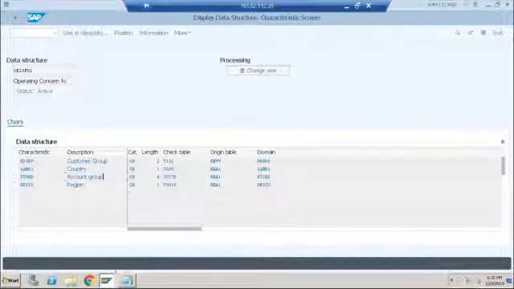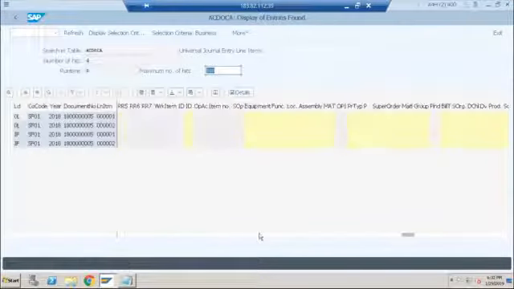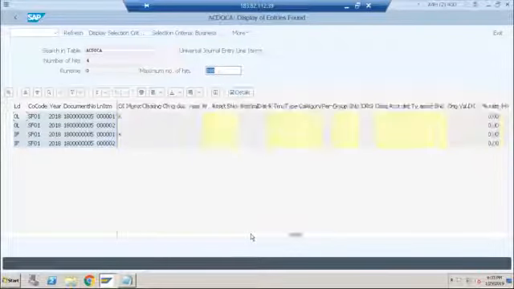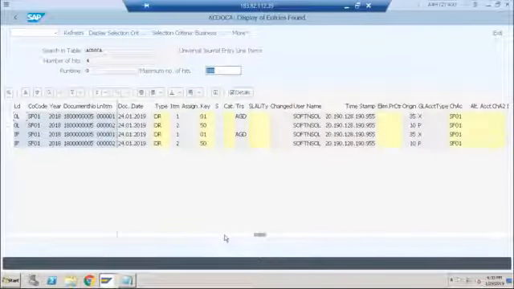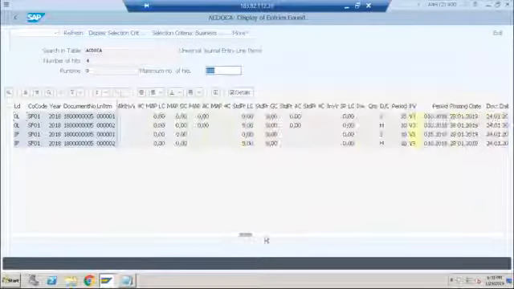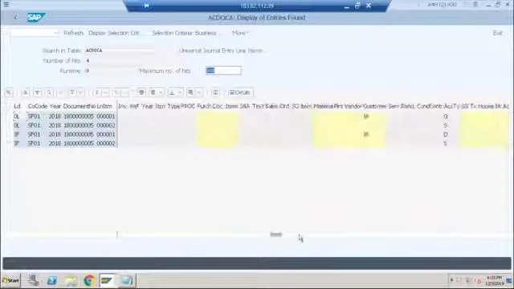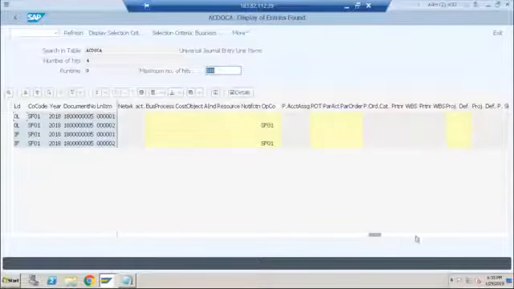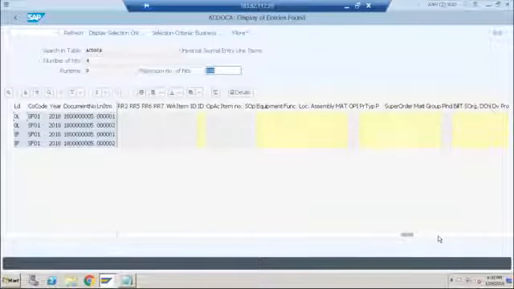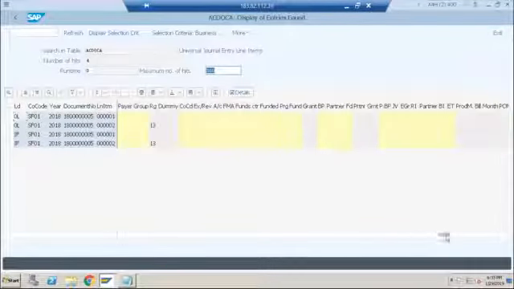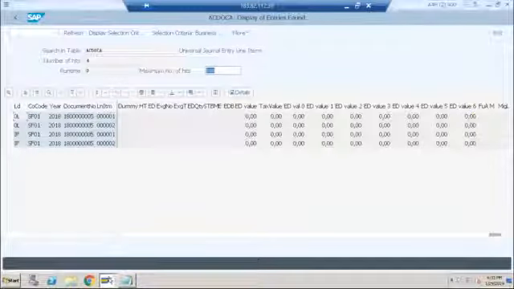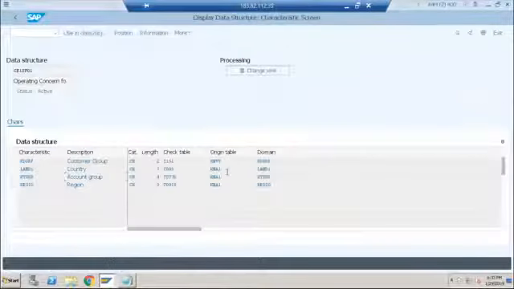Account group I activated later on, so maybe in this document you will not be able to see account group. Let's check. I activated this only after making this posting, so maybe in the next posting that you make, you will be able to see the account group field also. Let's see if account group appears here. No, it is not appearing because I made the posting first and then I added this field to my COPA characteristics. But anyway, you now understood how these two fields, region and country, are getting recognized.